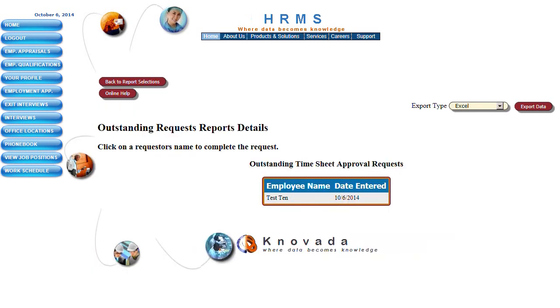by Test 4. The supervisor would select End Employee and review their timesheet information. The supervisor can then elect to approve the timesheet information submitted by the employee. The employee's timesheet information is removed from the outstanding request details shown on this display. Once a timesheet has been submitted for approval by an employee, that employee will no longer have access to that timesheet information. If corrections are required for the timesheet, the supervisor or designated administrator will be solely responsible for making